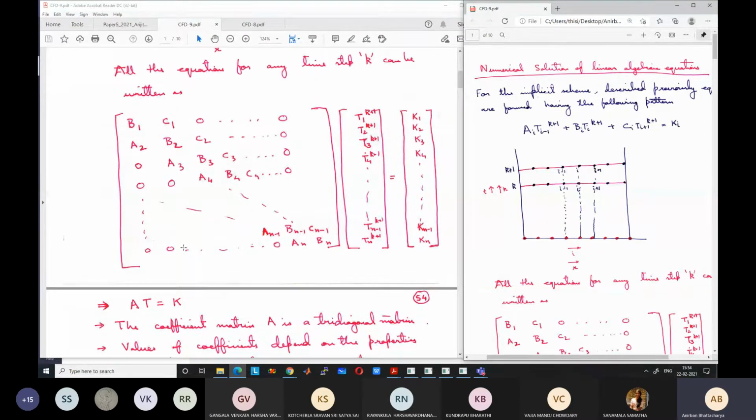So the important thing that we can get from it is that if we can invert this matrix, we will be able to solve the problem always. Okay, if the matrix is invertible.